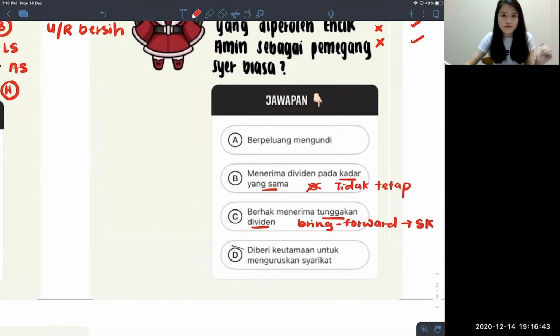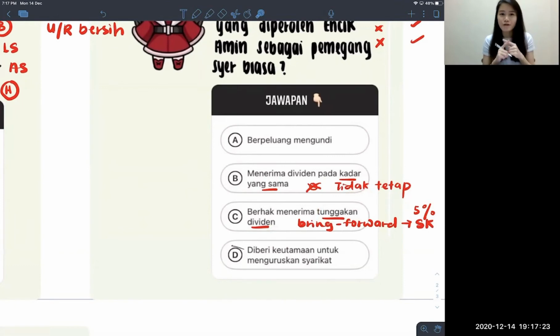So you will notice whenever you do a syarikat berhad question, there is a percentage beside the share keutamaan's name, for example 5% share keutamaan. So what does this 5% stand for? 5% is the promised amount that we will give share keutamaan during the year. So if I couldn't pay them with the existing keuntungan of the syarikat, then how? I will bring forward to the following year, and pay them the remaining plus what we promised them yearly. So this tunggakan dividend is only applicable for share keutamaan, not for share biasa. Share biasa will get the leftover.